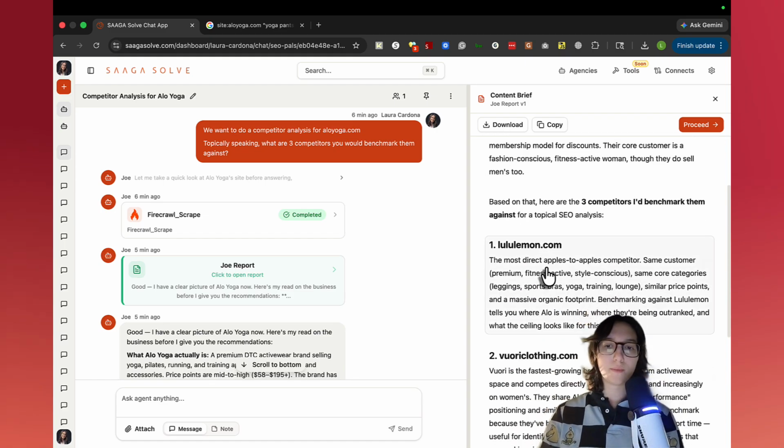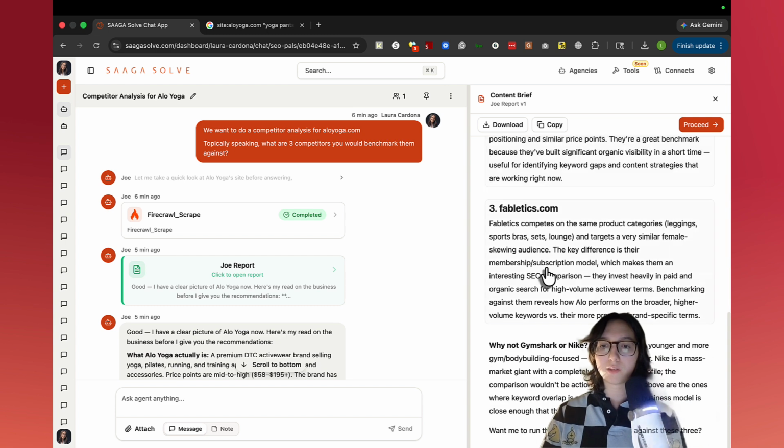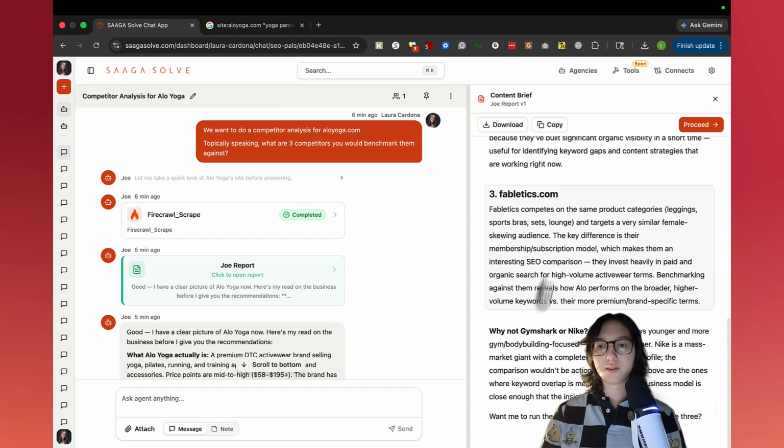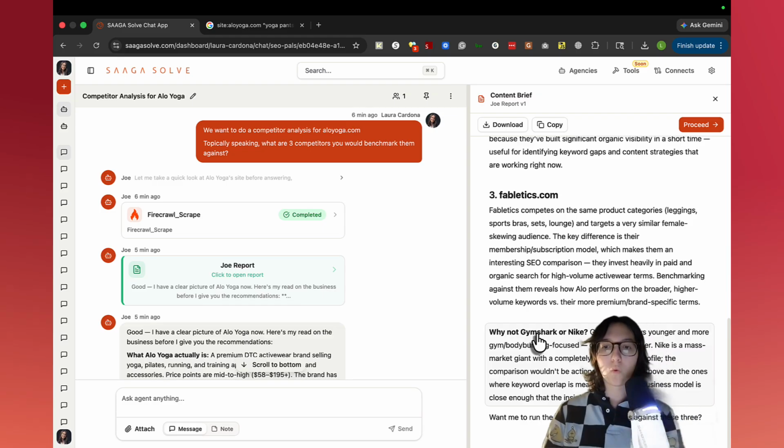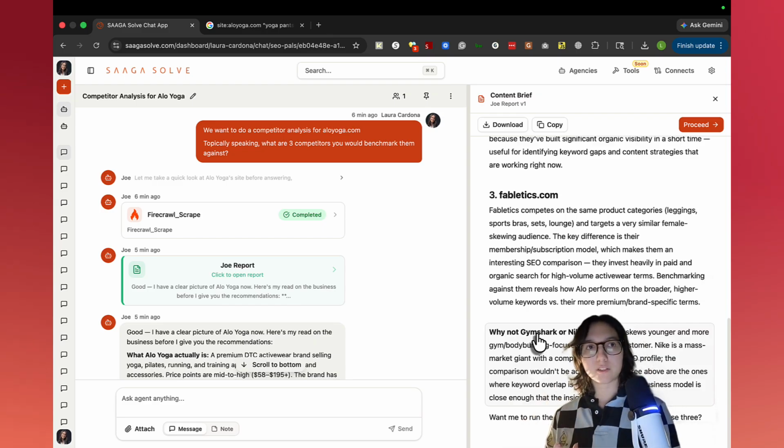First one is Lululemon, second is Vuori Clothing, and third is Fabletics. It's even taken a step further to say, why not Gymshark or Nike? So 2 other sites that you may think are relevant, and it calls that out. Again, from a business perspective, we haven't even looked at the keyword base.